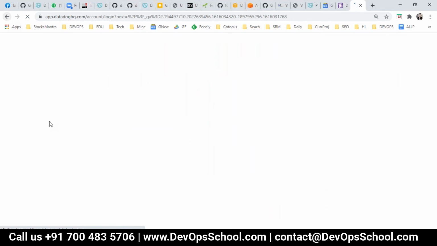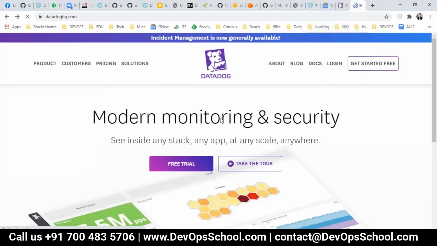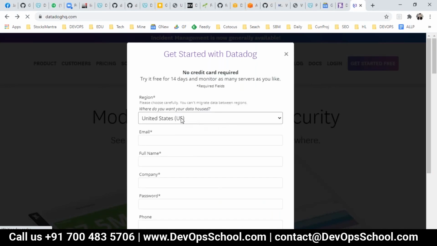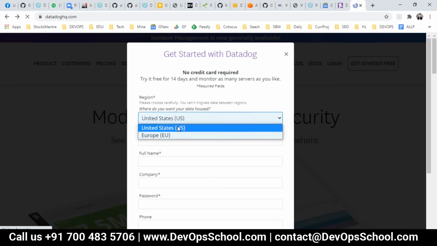Sorry, not login, because my trial account will get limited stuff. Which data center do you want the data to be stored in? US and Europe. There's none in India right now. So let's go for the US.